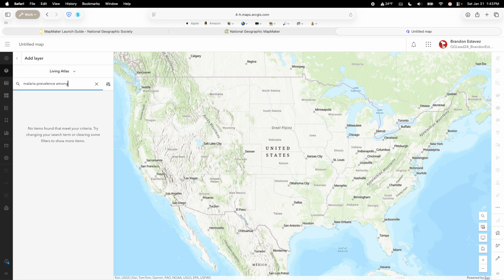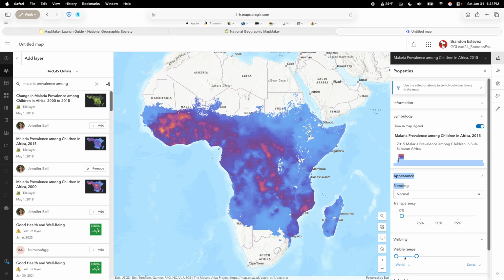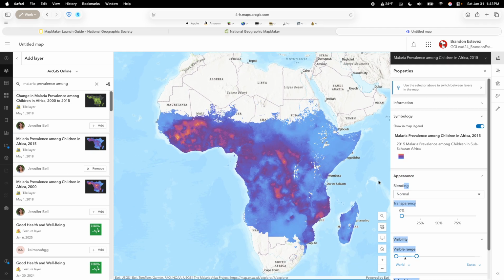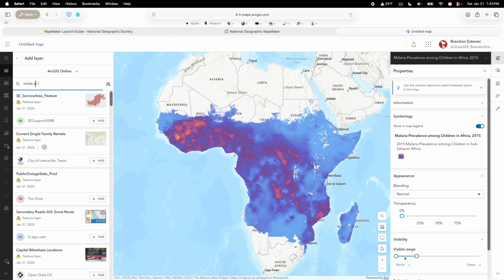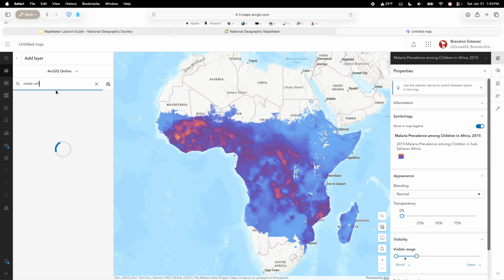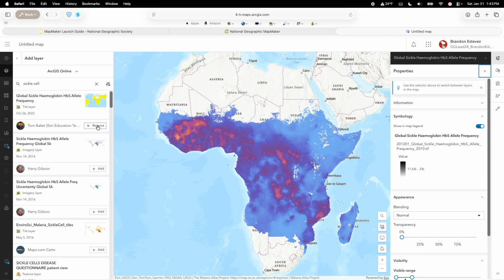Prevalence among, let me maybe expand my search a little bit more. There we go. So I have a few data sets I can use here. Malaria prevalence among children in Africa 2015. That looks great. So now it's already gone ahead and loaded this layer for me. That's awesome. But I need to go ahead and find that sickle cell layer too, that I can compare this data against. Awesome. So someone from Esri's education team has already gone ahead and done this, probably for the exact